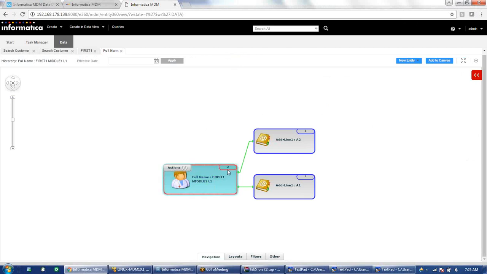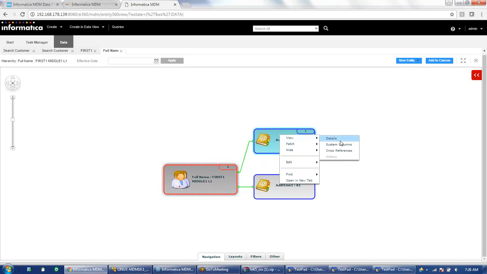If you want more details, I can click on this customer, then I will get these actions. Under actions, I have these many options. View details: if I want to view the details of this, I can click on this details, or I can fetch multiple hops. As we discussed, fetch one hop will fetch only the immediate relationship. Fetch many hops will fetch all the relationships. So this is having only these two relationships.